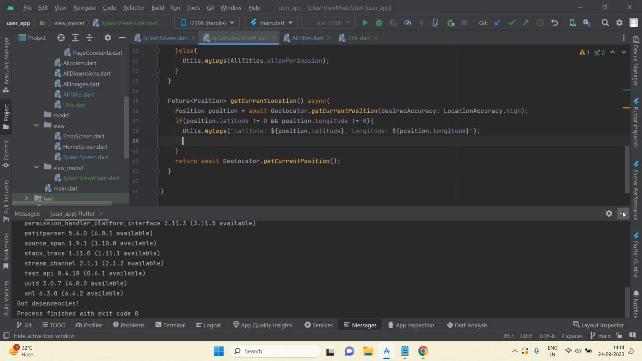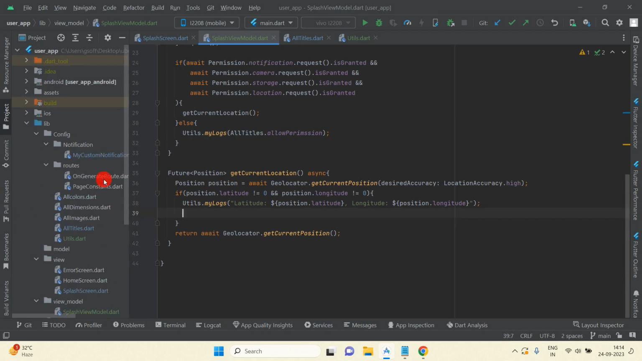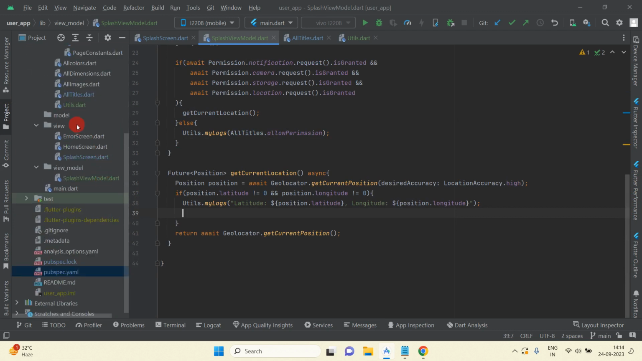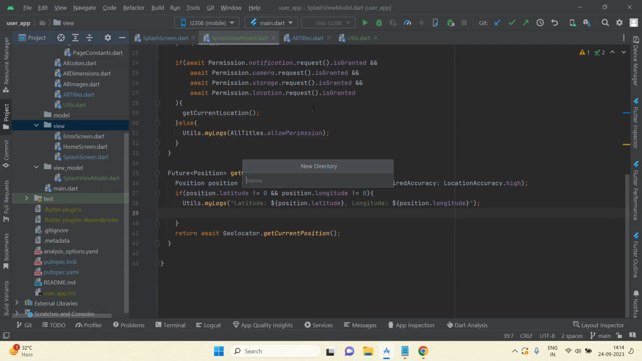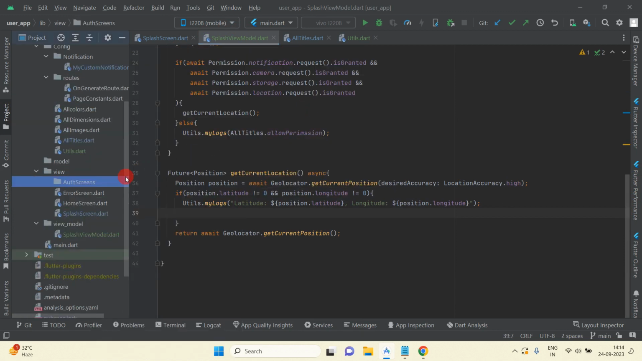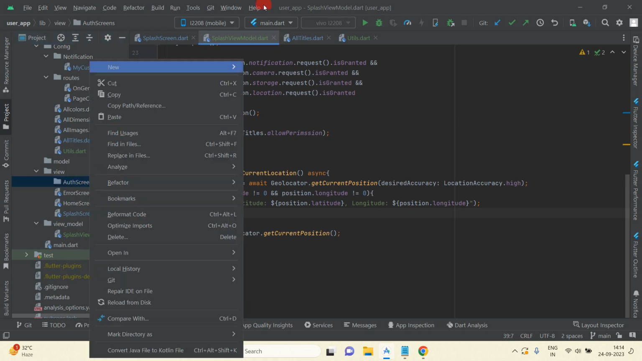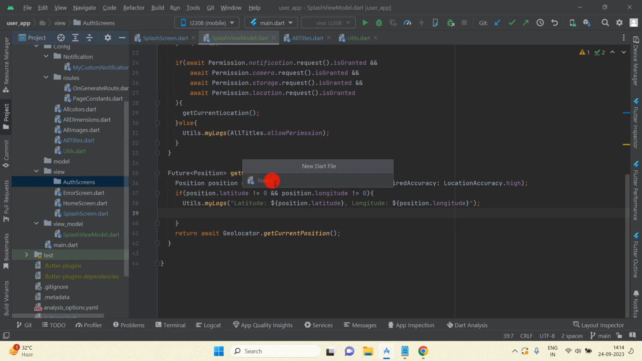So I'm going to navigate into another screen, so that screen will be the auth screen. So I'm going to create that screen first. So just create a directory here, auth screens, and then inside this I am going to create one more dart file. So here auth page,